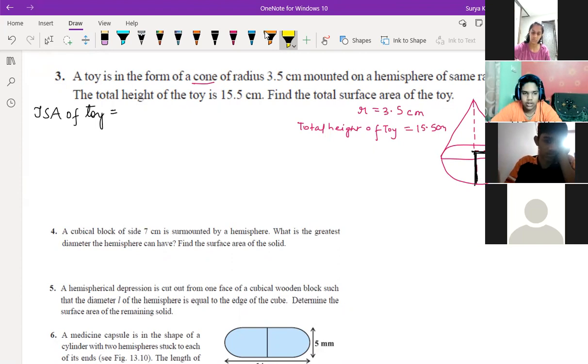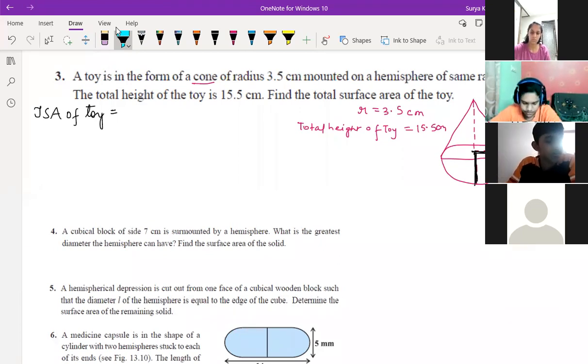See, what you can feel, that is just here I'm coloring it. Suppose one small child is there, he's having this toy. Which part you can feel with your hand, that you should think. Yes, Samarth, you tell, then I'll explain. Yes, sir. First we have to find the l of the cone, and then we have to find the lateral surface area or the curved surface area of the cone, and also the curved surface area of the hemisphere, and add them both. Very good, all right.